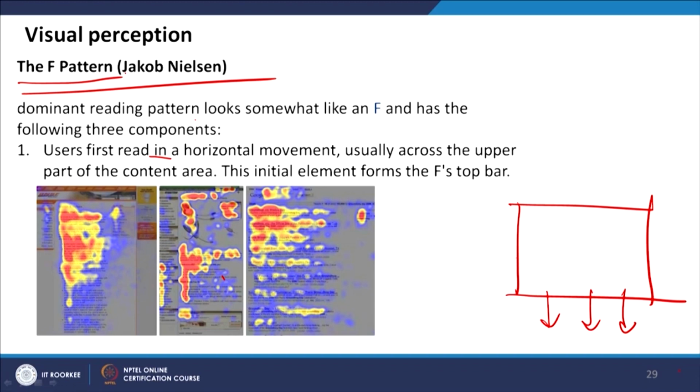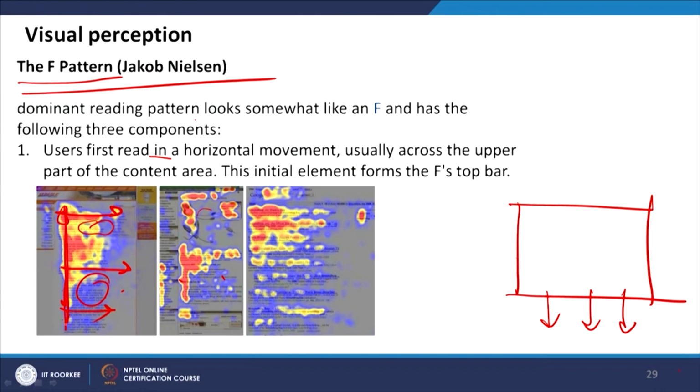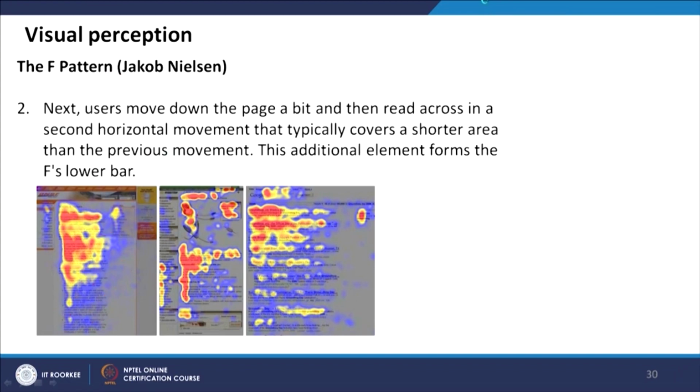map pattern. So they start reading from here, and then they go here, and then they start coming from top to bottom, and again after some time they scan the text again. They might skip a few pieces of information here and there, and they keep on going like this. So this F pattern is not just like this. Depending on the infinite scrolling, it can have many spokes of the F. People sometimes miss out a few pieces of information, and then they start reading from left to right. So this is the pattern that evolved, and these are the eye tracking heat maps generated from this